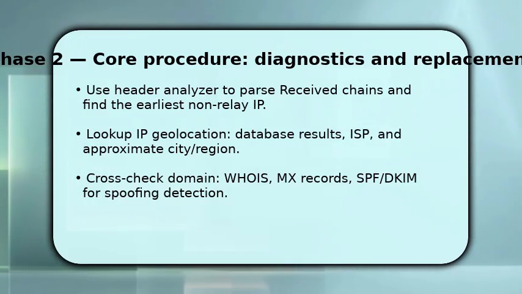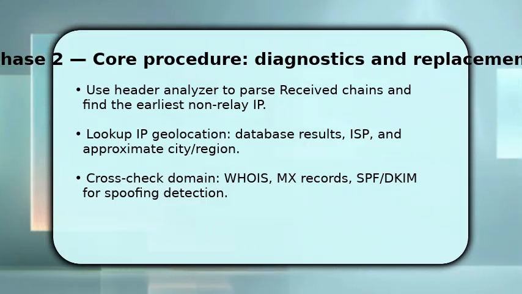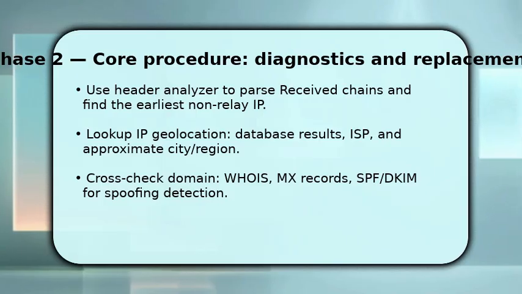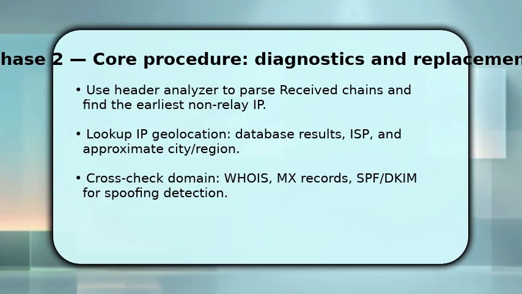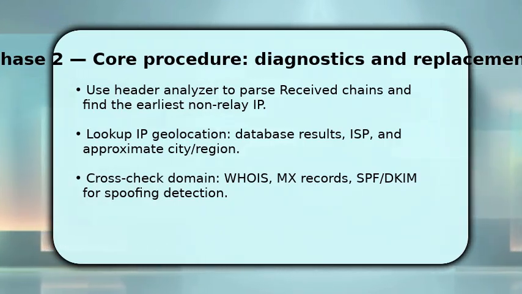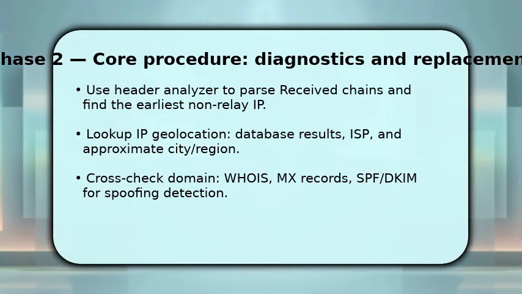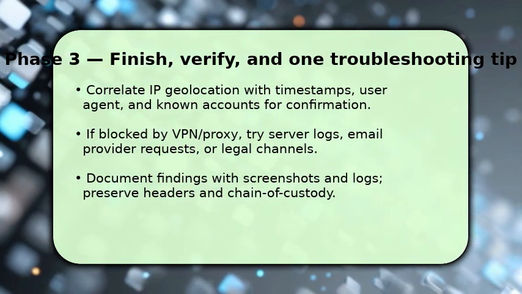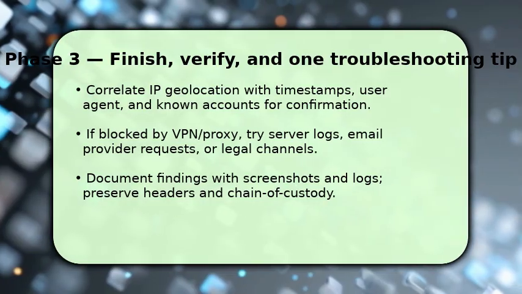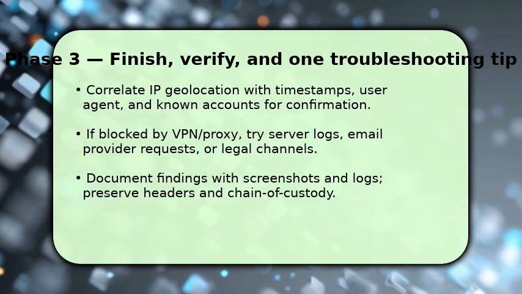Once you have candidate IPs, perform geolocation lookups to get an approximate city, ISP, and coordinates. Remember, geolocation is approximate and can show VPN or mobile carrier ranges. Also check the domain via Whois and DNS records, SPF, DKIM, and DMARC to see if the mail was spoofed versus legitimately routed. Finish by correlating the IP location with message timestamps, user agent strings, and any linked accounts to